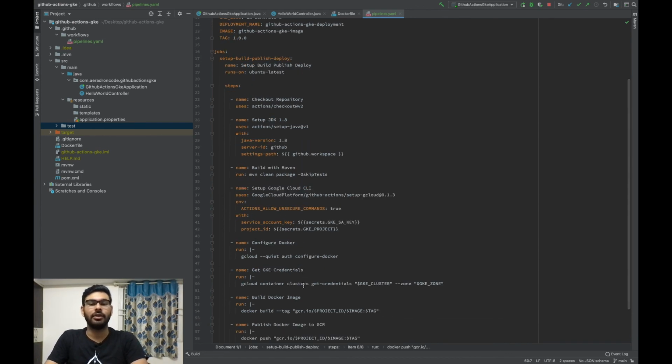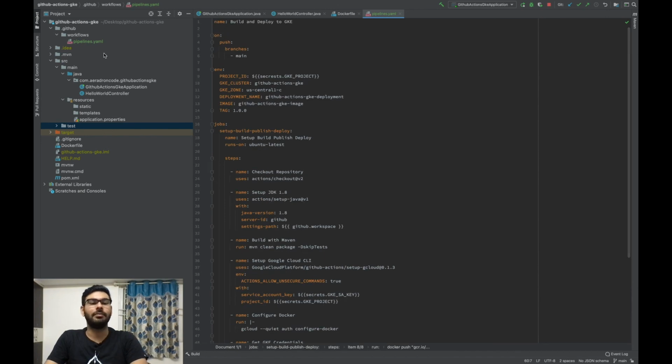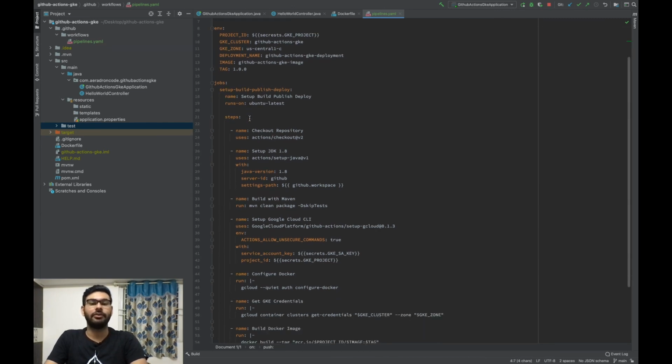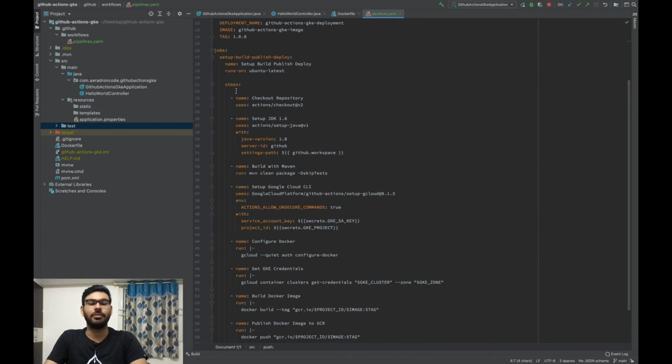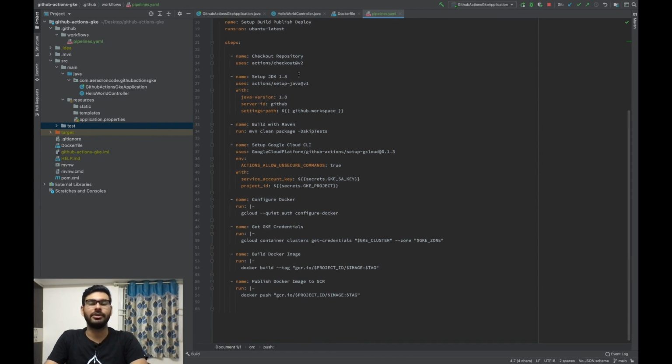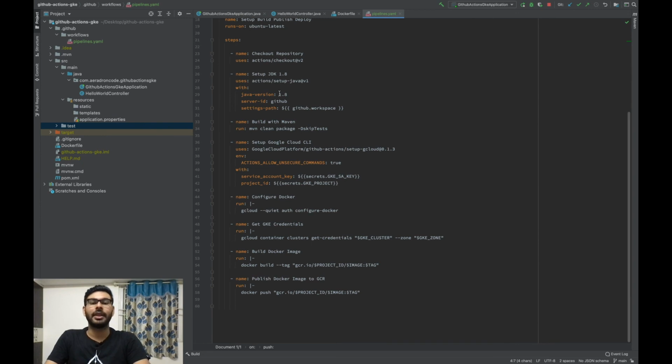So for this video, we have created a workflow and we have set up the workflow to run on branch main whenever there is a push trigger, and we have set up our jobs. So the job steps contain checkout repository, which will get the repository into our machine, GitHub machine, where the job is actually running. Then we set up our JDK. Then we build the whole Java application using Maven clean package. This is able to run because we have already fetched our repository from Git checkout repository.